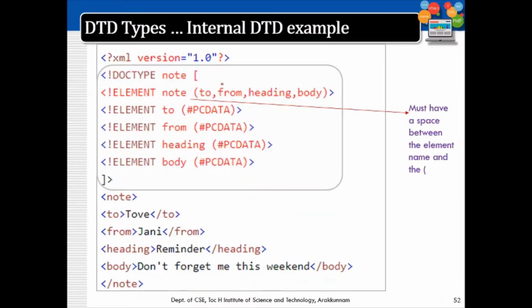I'll show you some examples first itself, then we move on to the detail regarding XML declarations. So this file is an example of internal DTD. Here you can see the first statement is nothing but our XML prologue. This is a .xml file itself. So you can see our XML part here.